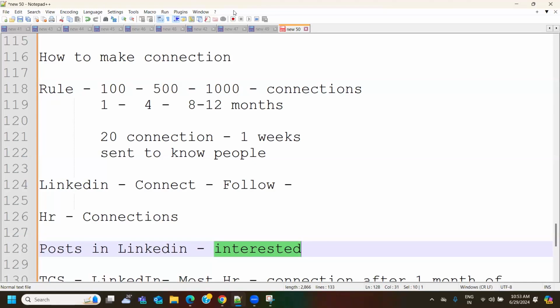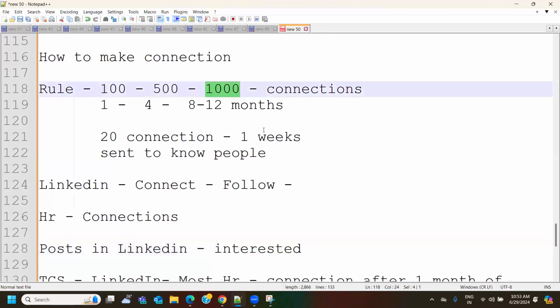Even if you have 1 year of experience and you send a request to someone with 10, 12 years of experience, he will accept it, as long as your profile is correctly filled in. Depending on your connections, there is a very high chance of getting job openings or job-related vacancies, which are clearly visible on LinkedIn. Nowadays, everything related to your technical job and your job field is going on in this LinkedIn social platform.